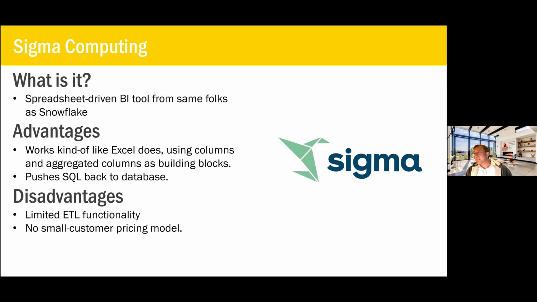It doesn't have a great pricing model for small customers, which is the area in which it doesn't super fit my premise here of 10 to $75 million customers. To get started with Sigma, you pay 30 grand for your platform fee, and then you pay for developer licenses. So you can scale out, right? User licenses are free, view licenses are free, but developer licenses I think are 500, and then you have your $30,000 platform fee.